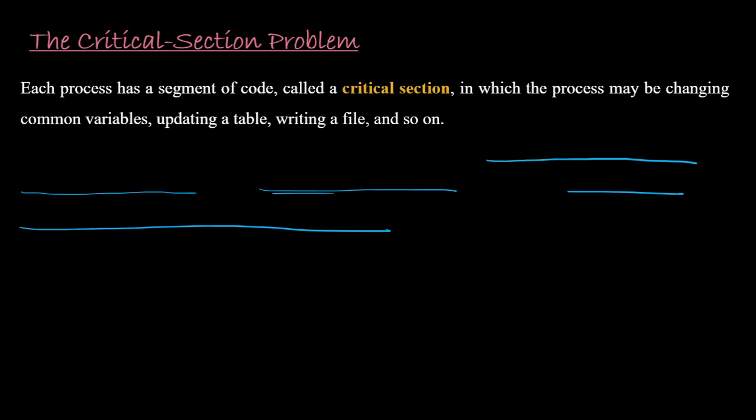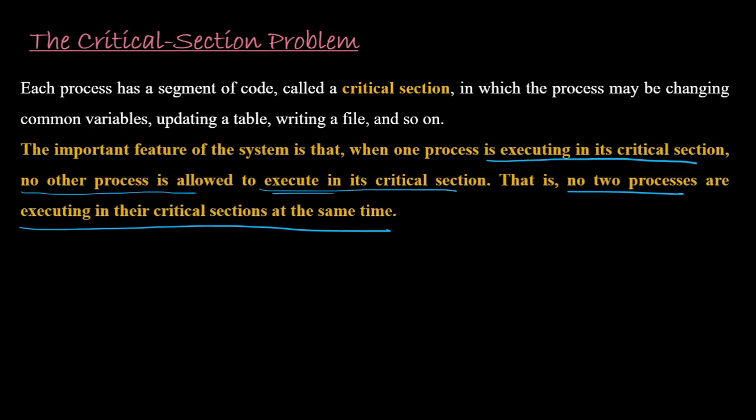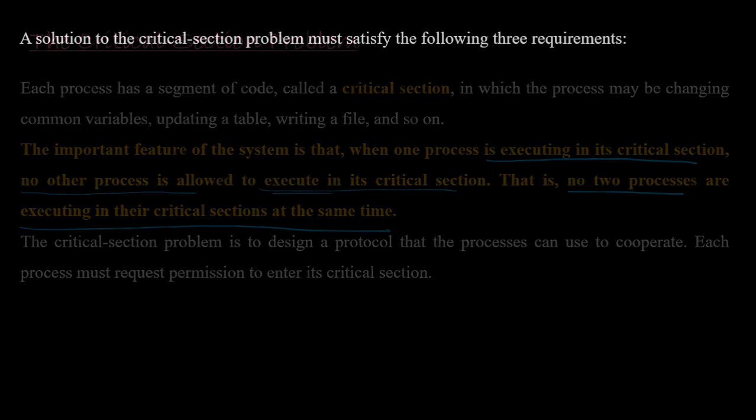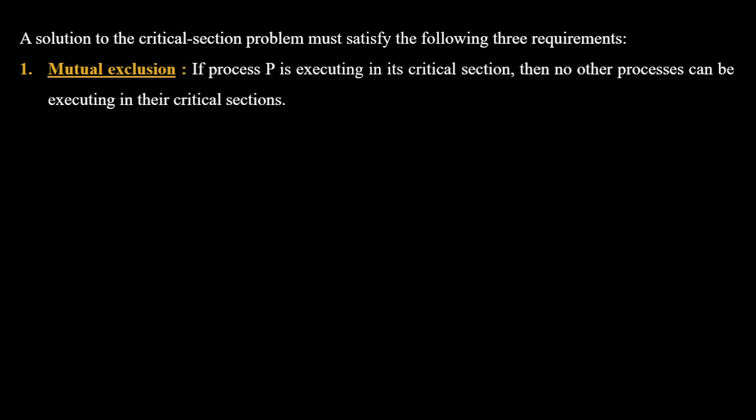The basic critical section problem says that there are three conditions that we have to meet, right? The critical section says that no two processes must be in the critical section at one time, first point. And then there are three requirements. Mutual exclusion. So what does mutual exclusion say?